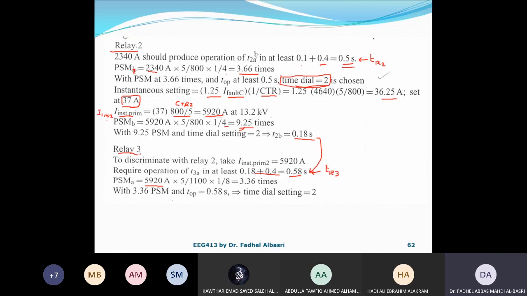I'll divide by the CT ratio of 3 and divided by the pickup setting of 3, I get this multiple. So this current at which I calculated the time is almost three times higher than the pickup setting of R3. Now I know the multiple. This is the plug setting multiplier of 3,